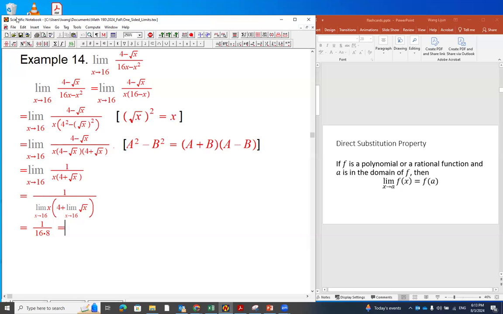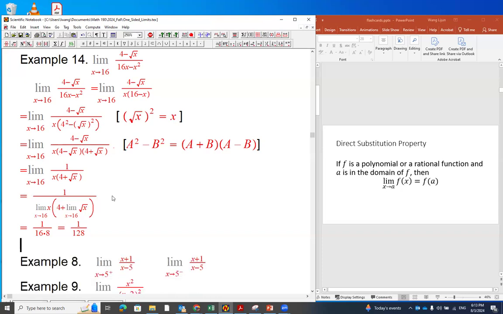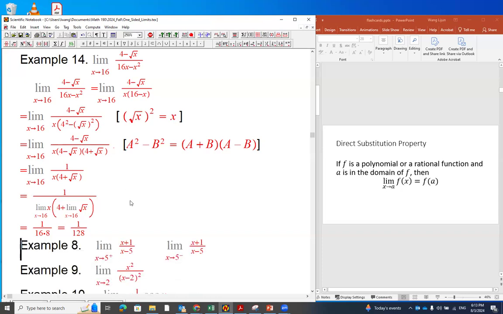And what does that equal to? Just multiply 16 with 8. So it's 1 over 128. Finished, right? So you see various forms, but the technique we use is pretty common. In the following example,